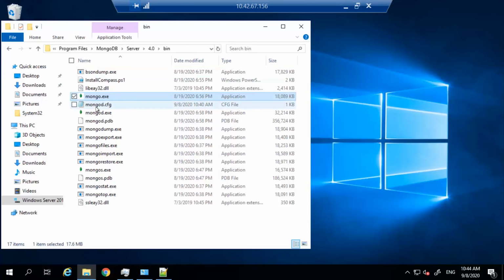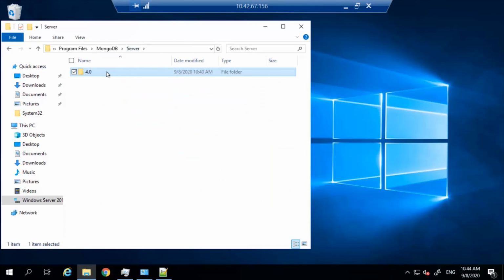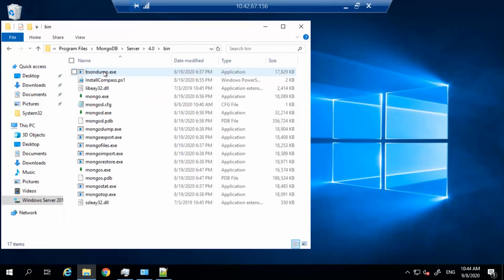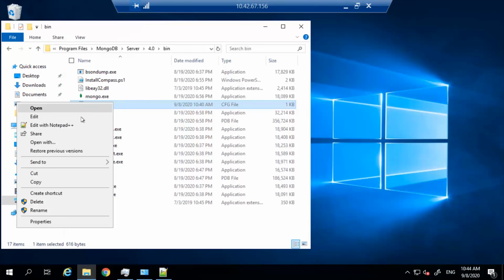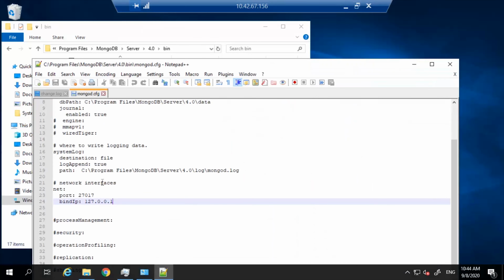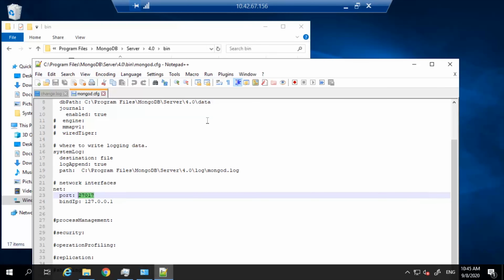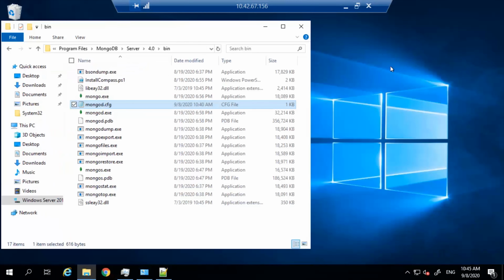Before installation of Publishing Server, we should have MongoDB pre-installed. I have installed the 4.0 community version. In the installation directory of MongoDB, we have the Mongo configuration file. In it, we have the port and bind IP. Bind IP is by default set to localhost, but you can change it to your network IP or 0.0.0.0. Remember these settings, as they will be used later in the Publishing Server configuration.